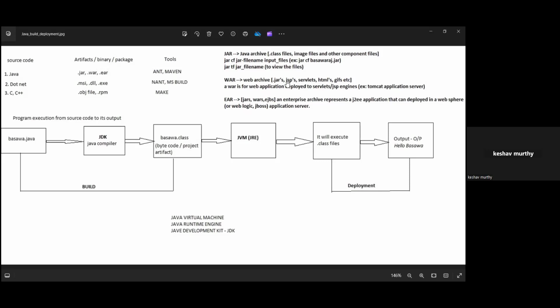All these are developed by the Java developers. They are going to work in Java. There are so many different components. They will work on JSP, servlets, HTML, GIFs. So they will develop this.